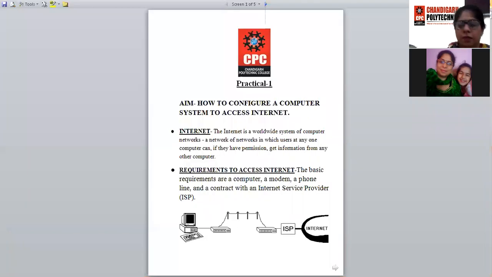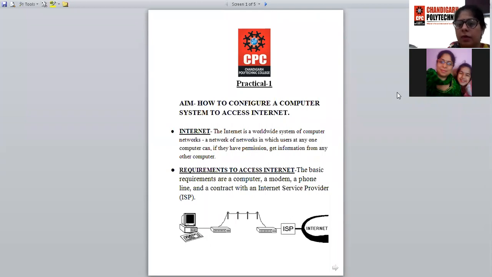So today we have studied the steps to connect to the internet. First of all, we have studied the definition of the internet. Then we have studied the requirements for connecting our system to the internet. So you have learned two important things: that for internet connectivity, a conversion device, a modem, is required at both sides, the sending side as well as the receiving side.